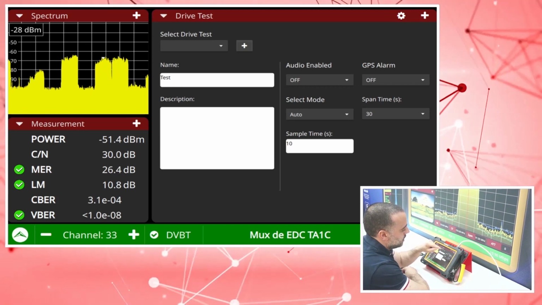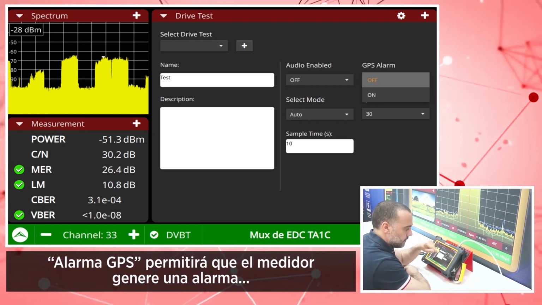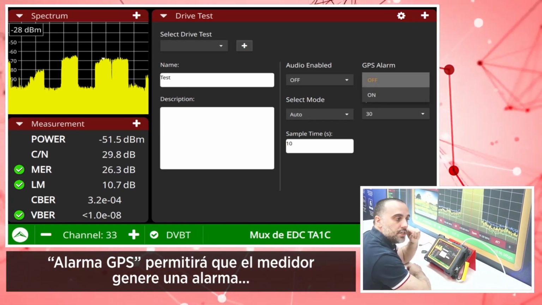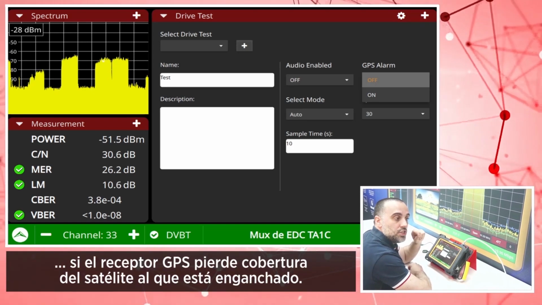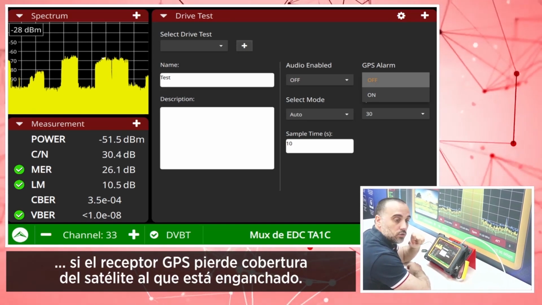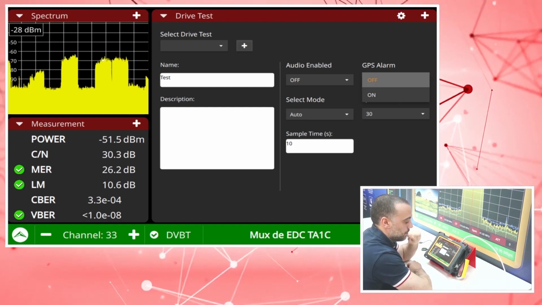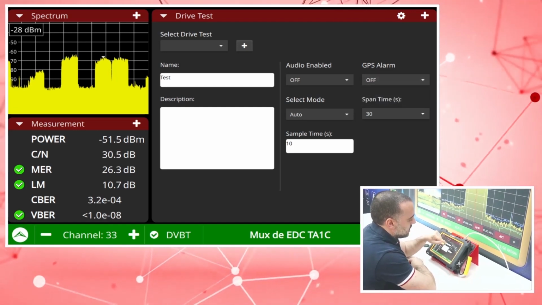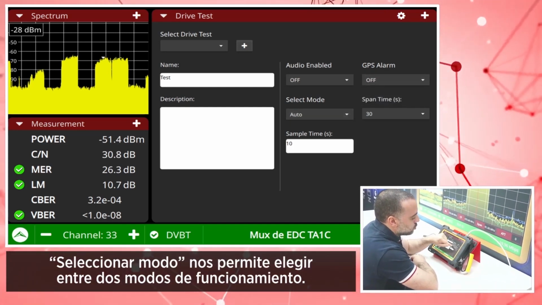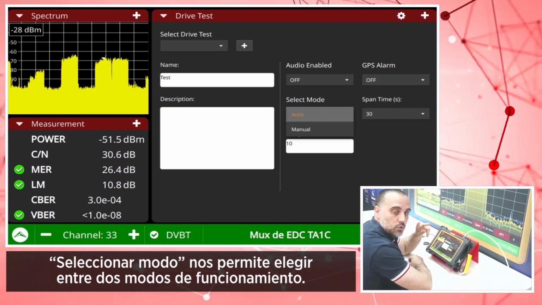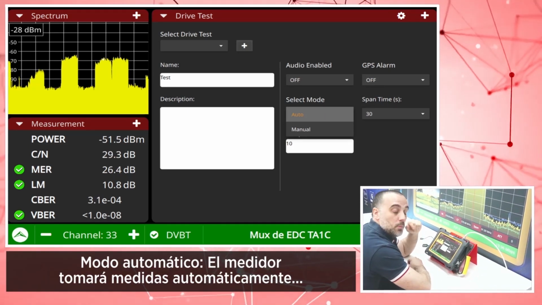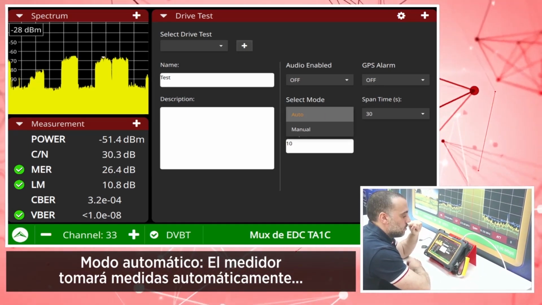GPS alarm will allow the meter to generate an alarm if the GPS receiver gets unlocked from the satellites that it's locked to. Select mode allows us to choose from two different modes of operation. Automatic mode